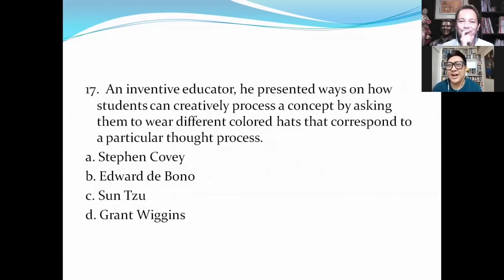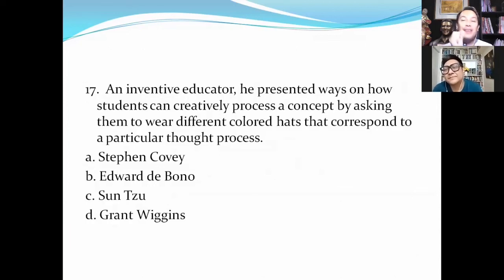Oh, sige, sir. Try ko ulit, sir. Try ko ulit. Sun Tzu, tanggal na. Because ano sabi mo? Sun Tzu is the author of Art of War, sir. Chinese. Very good. Very good. And then, I am not familiar with Grant Wiggins and Edward de Bono. But Stephen Covey, meron po ako mga nabasa article about him that he's like doing some parang yung book po about leadership, mga ganyan. Very good. Sigurado. Stephen Covey is the famous author of The 7 Habits of Highly Effective People. Ayun. Okay. Self-leadership, self-improvement. Stephen Covey.